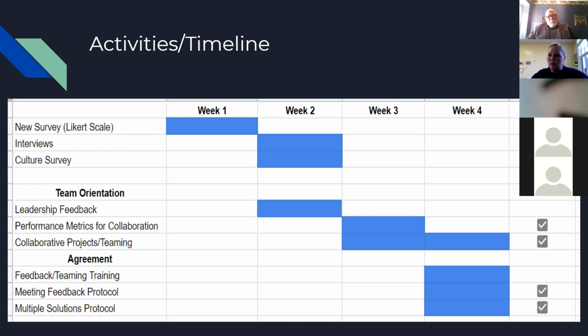And you'll notice on the far right hand side, several of these things are going to need to be ongoing, especially the performance metrics, tying that to collaboration, collaborative projects and teaming, and a lot of the ongoing leadership training. If we're going to keep John, he's going to need to be on board with this. And then, like I said on the previous slide, that meeting feedback and the multiple solutions, based on the information that we have, it's more than likely going to be a new process